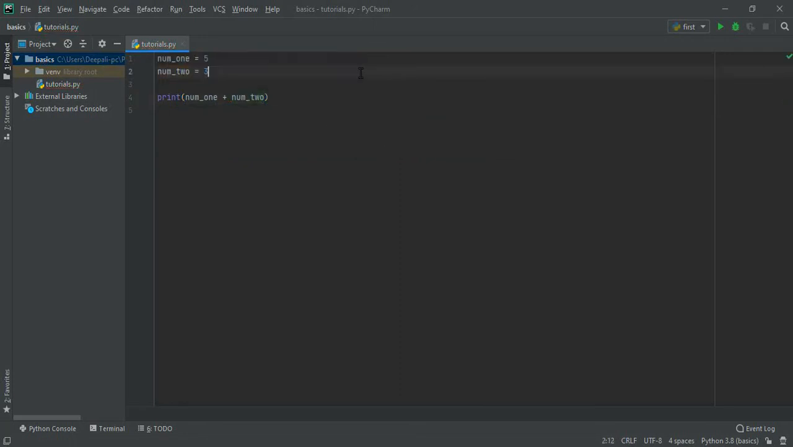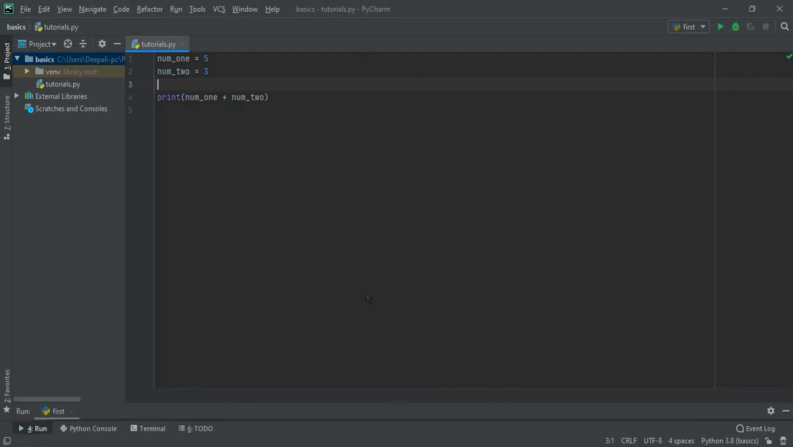Now I have told you guys that if I print something like num1 plus num2, if they are strings, it will just combine the strings. But with numbers, or integers to be specific, it adds the numbers. If it's a string, it just combines them, and if they are numbers, it just adds them. So if I run this,